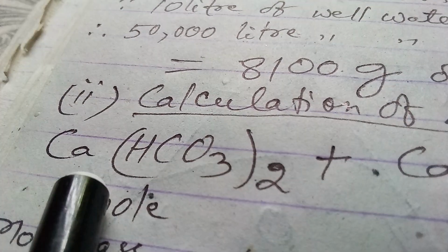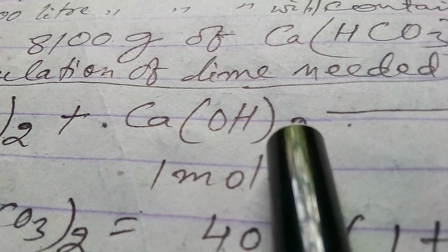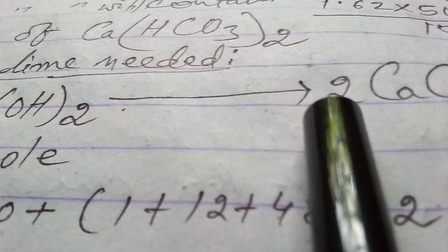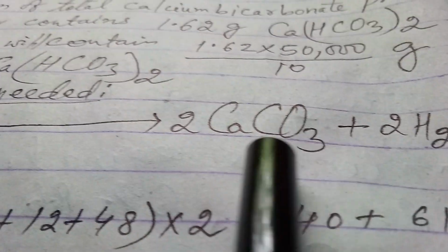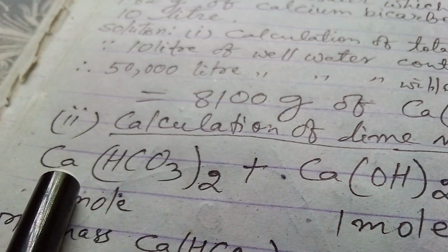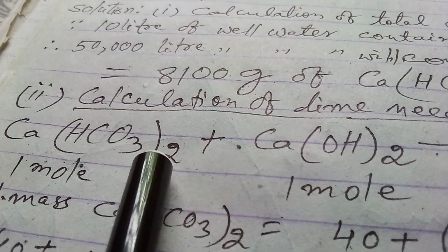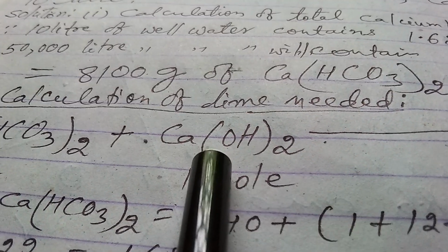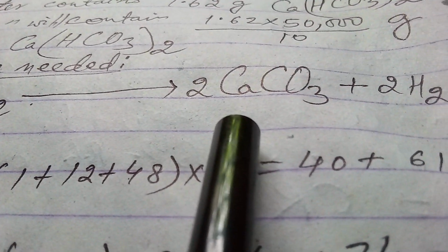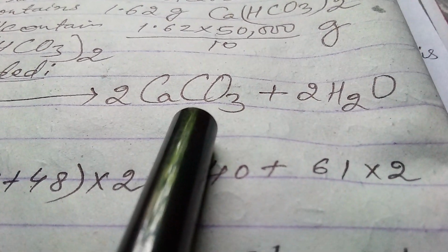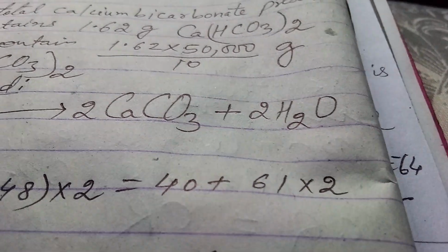So the reaction is Ca(HCO3)2 plus Ca(OH)2 gives 2CaCO3 plus 2H2O. That means the reaction between 1 mole of calcium bicarbonate and 1 mole of calcium hydroxide. The products we get are 2 mole of calcium carbonate and 2 mole of water. Okay, now